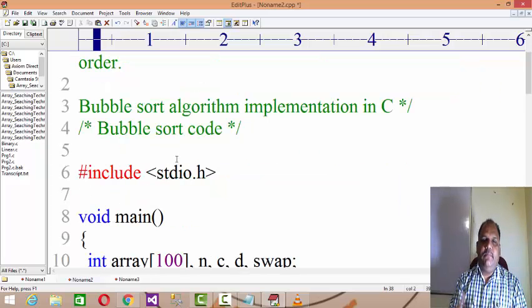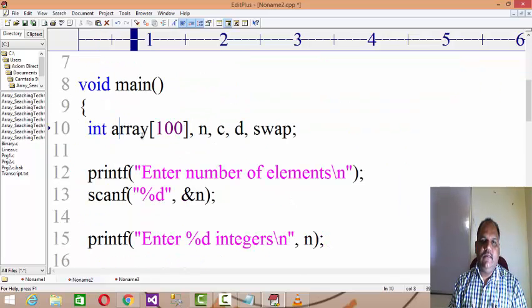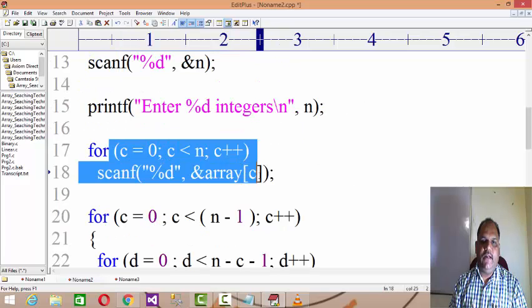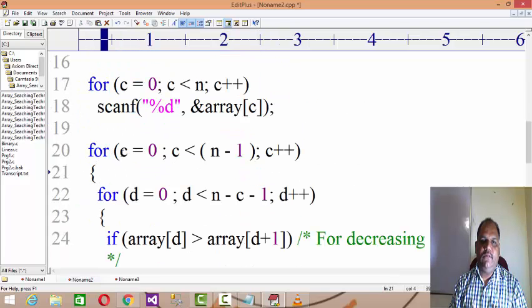Okay, so now for bubble sort, here again the entries we require: as I already explained, c equal to 0, c less than n minus 1, c plus plus, fewer iterations required; d equals 0, d less than n minus c minus 1. Imagine the situation.